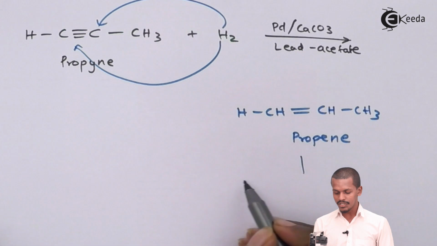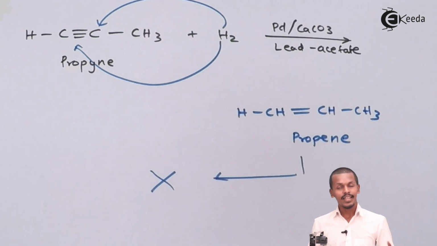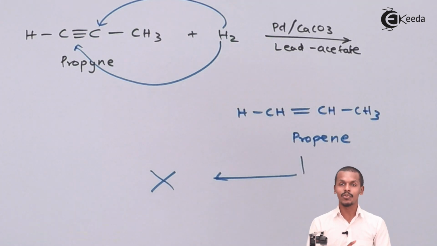So this is an alkene, and the name of this alkene is propene. The further hydrogenation won't take place, and that is the reason the hydrogenation process has been retarded by using a catalyst known as palladium CaCO3 in the presence of lead acetate. So this process is known as partial hydrogenation. And now let us move on to the other process, that is